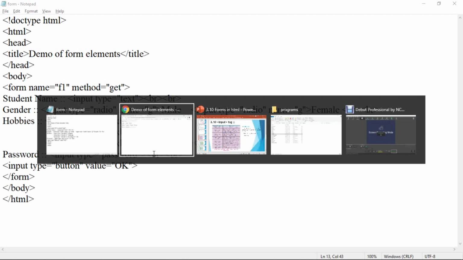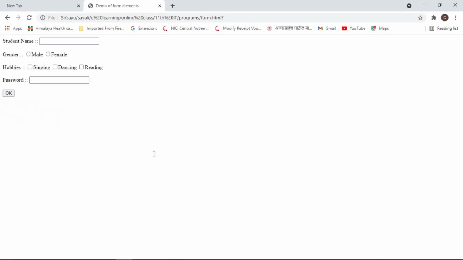Save this, Alt Tab and refresh. Now you can check, type here. Whenever you click on the OK button, this data is not getting submitted. This button is used to just activate a certain event. You will understand the use of such buttons when we discuss JavaScript.